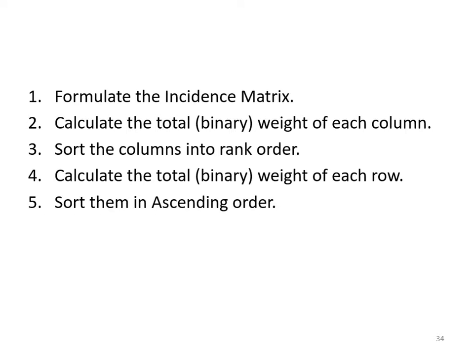There are two particular axes, as you can see in the previous problem. One is row and the other is column. In the column you can see the machines, and in the row you can see the parts or the particular elemental parts. Based on those two, first we need to find this incidence matrix, and next we need to sort each column according to the rank they got after giving this binary weight, and we'll see what this binary weight is. In the same way we have to do it for each row, and the sorting needs to be done in ascending order for each row.